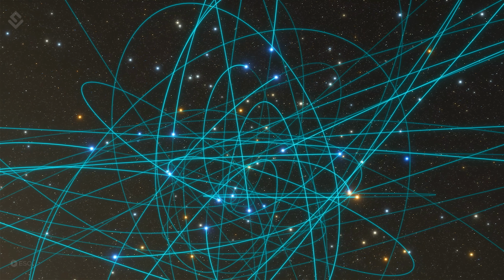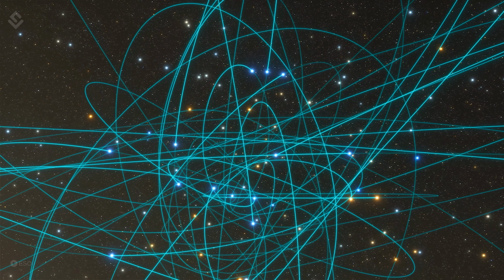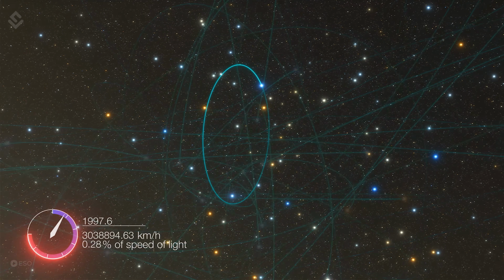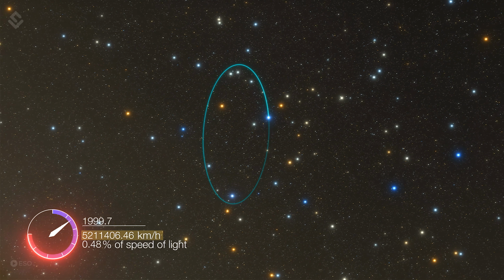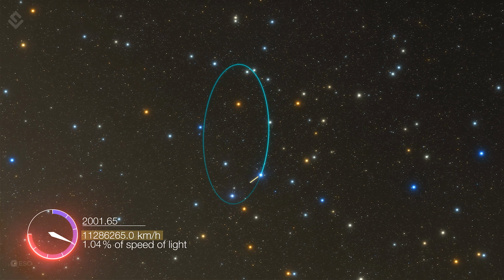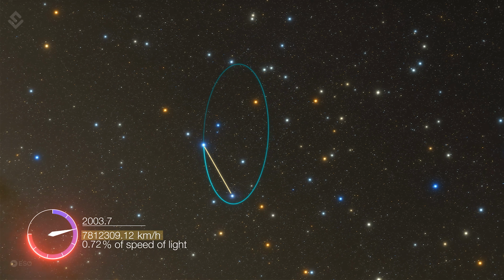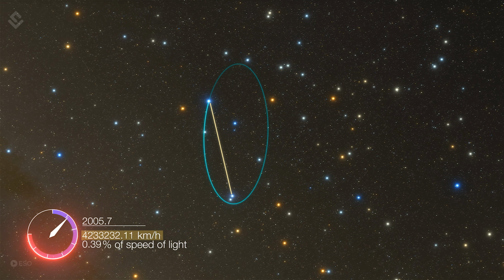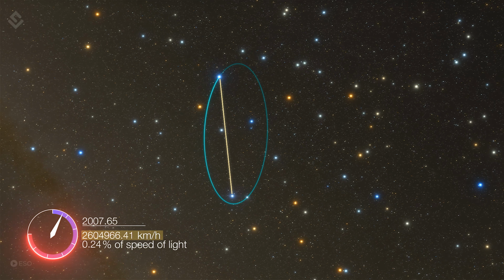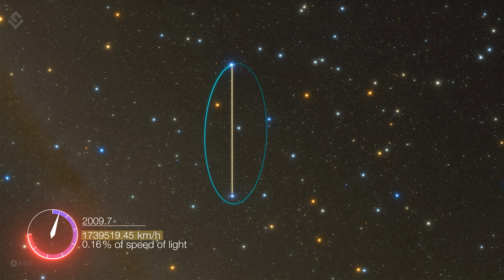The other way is to use the motion of the stars. Stars revolve around the galactic center and their velocity is dependent upon the distance from the center. According to classical mechanics, as the distance from the center increases, their orbital velocity decreases. By equating the kinetic energy to the gravitational potential energy, we can calculate the mass of the stars.